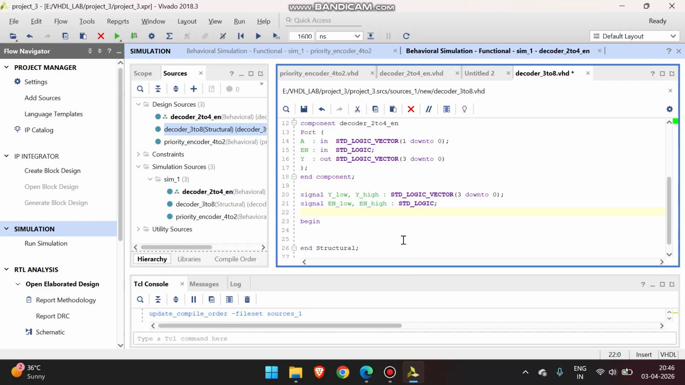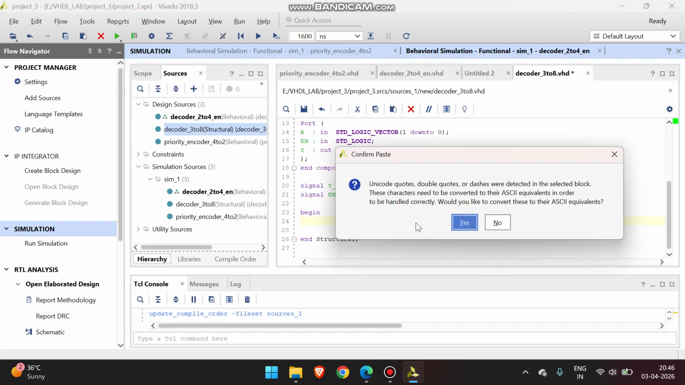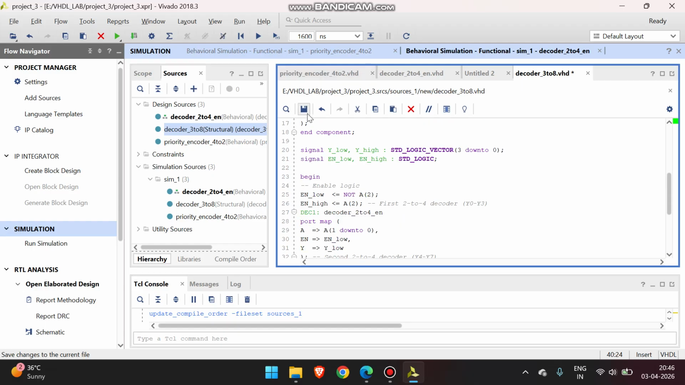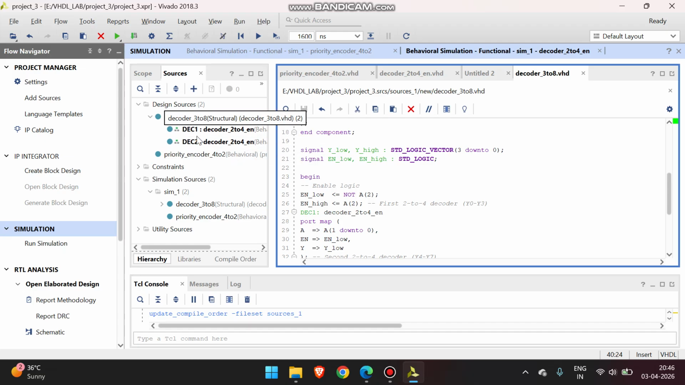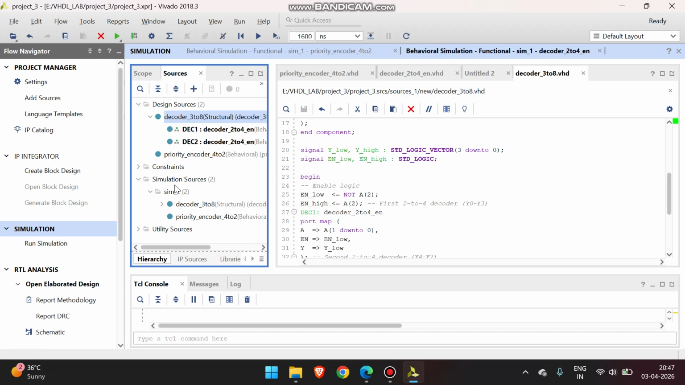and copy this in the code window. So here you have to click no, and when you have copied it, go for the save button. After saving it, we can see that decoder 3 cross 8 automatically came to the top, but still we will set it as top,